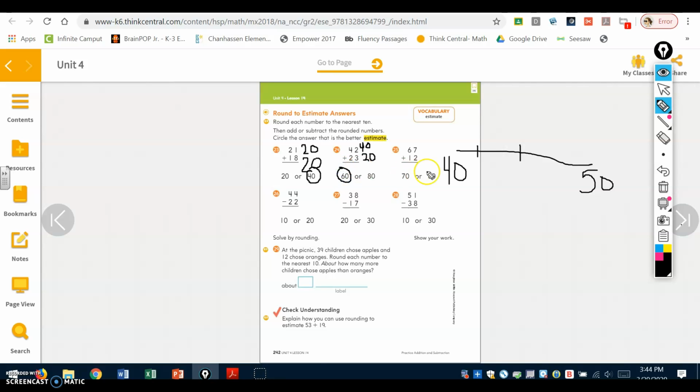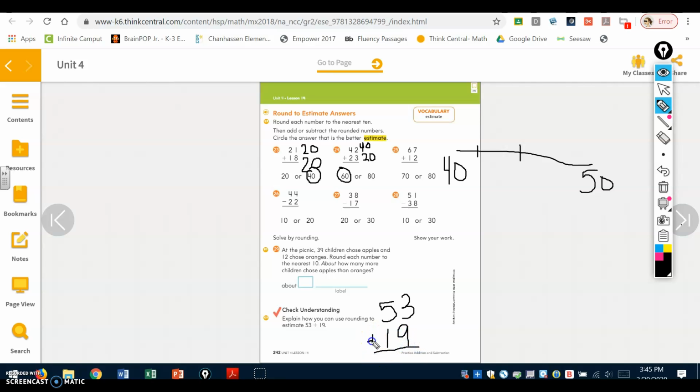Go ahead and finish that for 25, 26, 27, and 28. Be careful because these three are all subtraction. So you're going to do round and then subtract. Then solve this question by rounding and then explain how you can use rounding to estimate 53 plus 19. So you're going to show your work. 53 plus 19